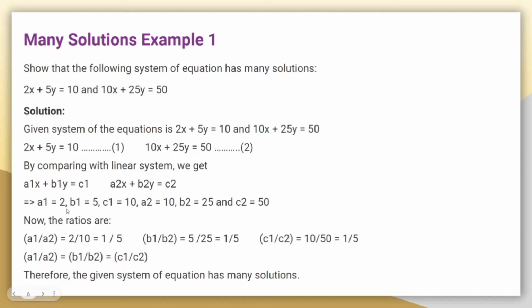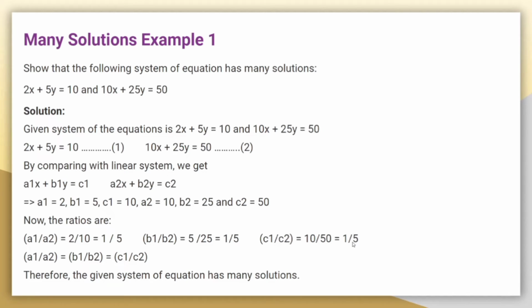Since we've already identified all these values for the linear system formula, now we can plug them into the ratios, which is a1 over a2 equals b1 over b2 equals c1 over c2. So when we plug it in, a1 over a2 equals 2 over 10, and when simplified, we get 1 over 5. And b1 over b2 equals 5 over 25, which is also equal to 1 over 5 when simplified. And for c1 over c2, when we plug it in, 10 over 50, which is also 1 over